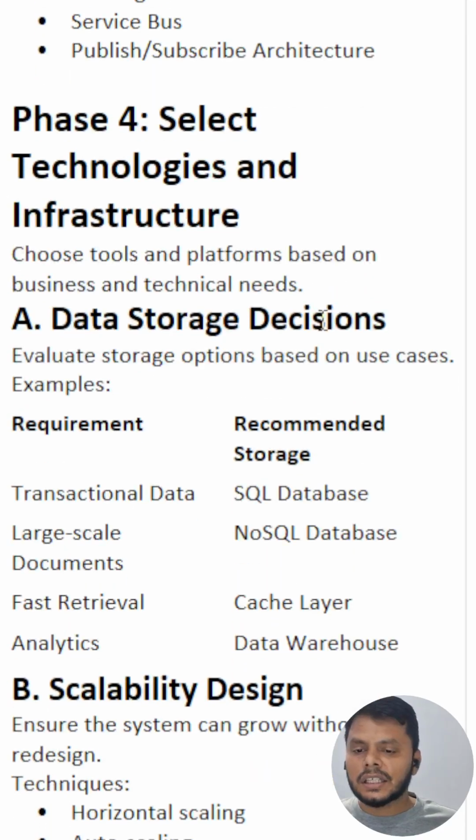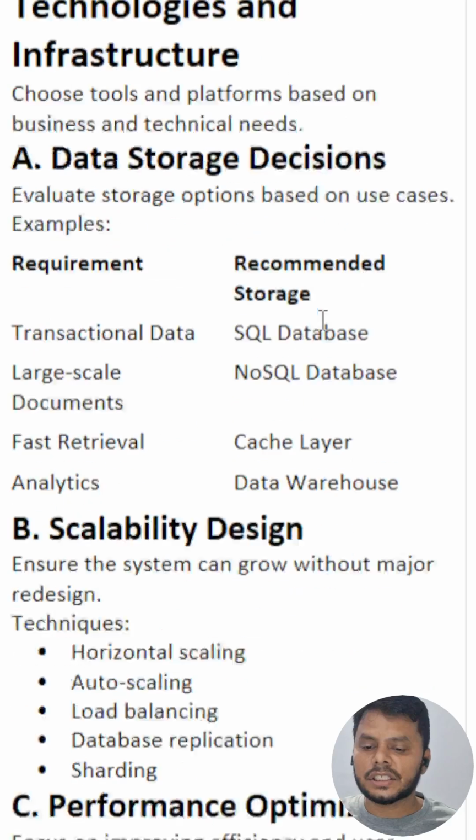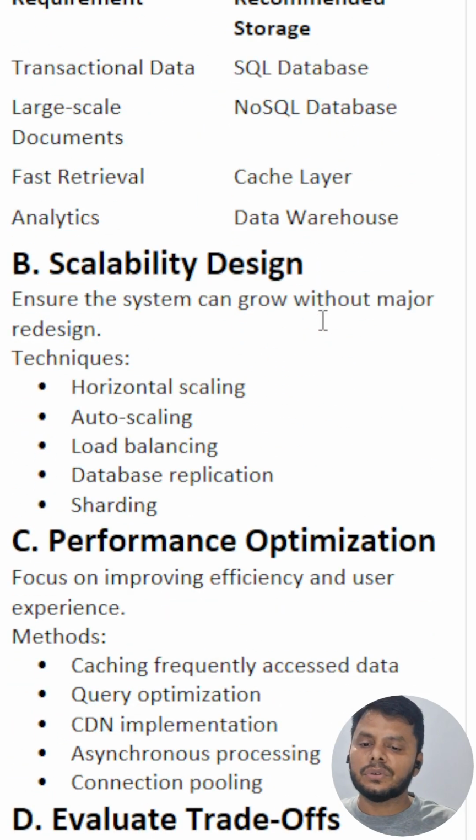So in the last step, the fourth step, you have to decide the technologies, like for transactional data, you have to use SQL. For large-scale data and documents, you have to use NoSQL for fast retrieval. You have to implement the caching system. For analytics, you have to use a data warehouse. For the scalability,